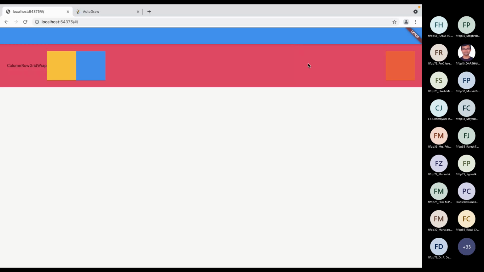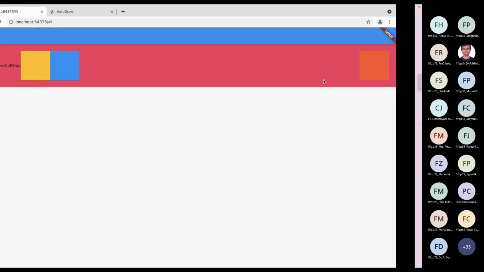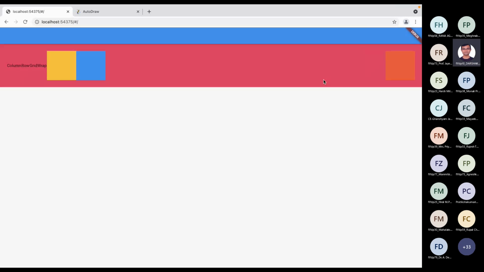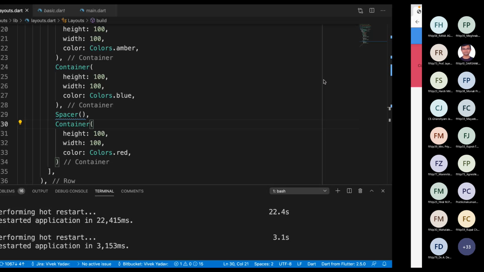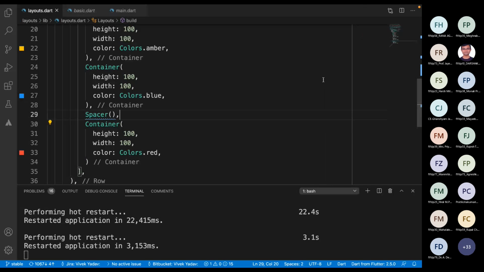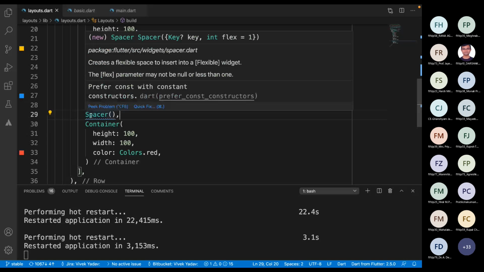And whatever widget is written after spacer actually goes to the end of this particular row. Can we spot that difference? Yes, sir.